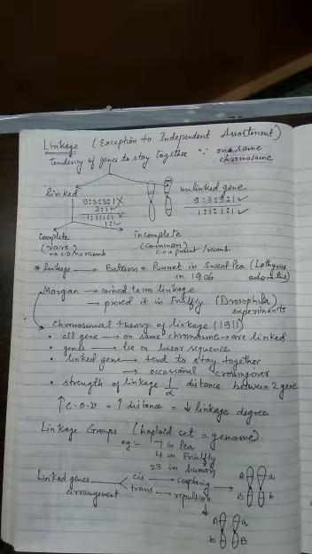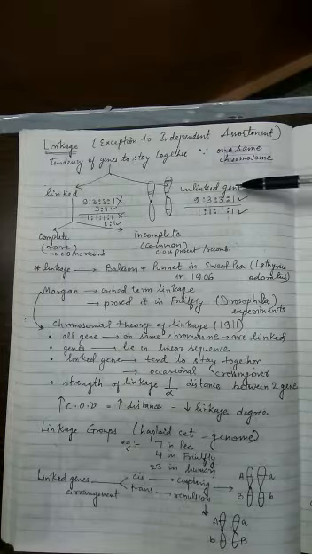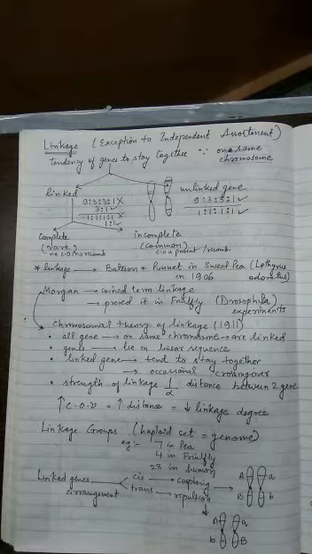Now that means two genes can be linked or they can be unlinked. So if two genes are unlinked, why will you call them as unlinked? Because they are present on separate chromosomes. That means they are not on the same chromosome, because if they are on the same chromosome, whether it is two genes, three genes, ten genes, whatever the number, you should call them linked genes. So if they are on non-homologous chromosomes, for example the first chromosome and the fifth chromosome, you will call such genes unlinked genes.